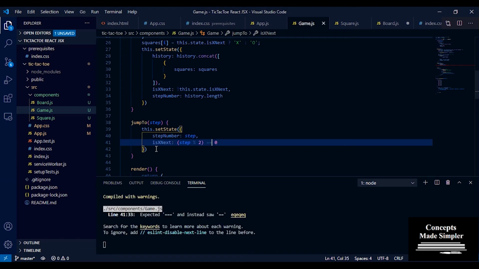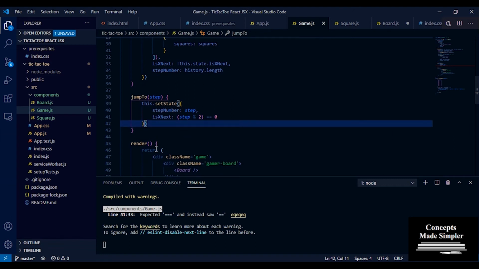And if it's not equal to 0, we want it to be o. So if it's even, we want it to be true, so x is going to be next. If it's odd, we want it to be false, and o is going to be next. Okay, so we have this here.